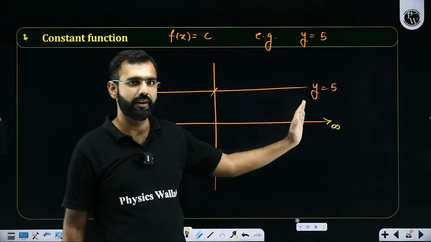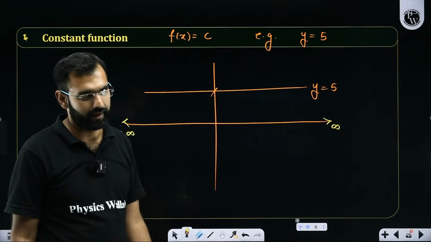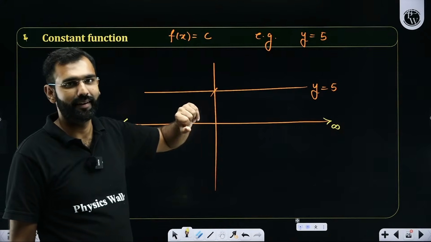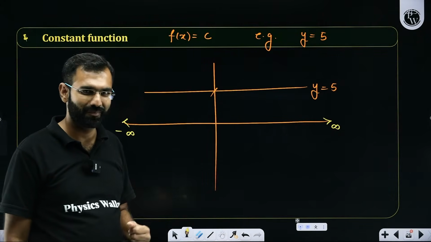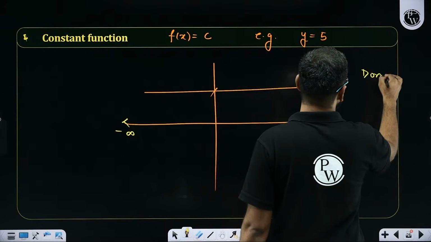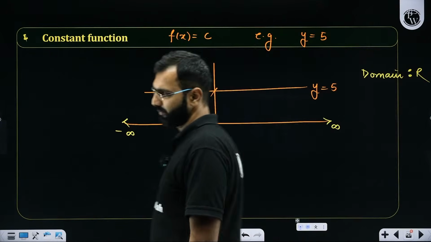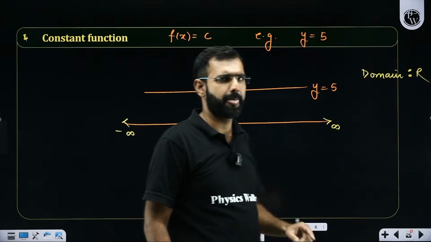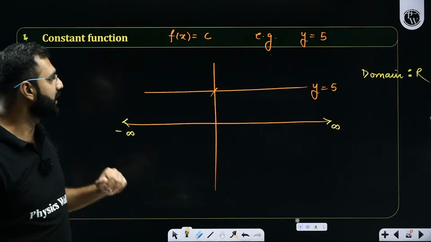Minus infinity to infinity, these are all the numbers I can pass as inputs, yes or no? I indeed can. So this means, again, what would be the domain? The elements in A have the same image in B. Elements, Vijay. So here I repeat, the domain of a constant function will again be all the real numbers, yes or no? Because sir, whatever input you want to pass, you can. But can you help me with the range here in this case?